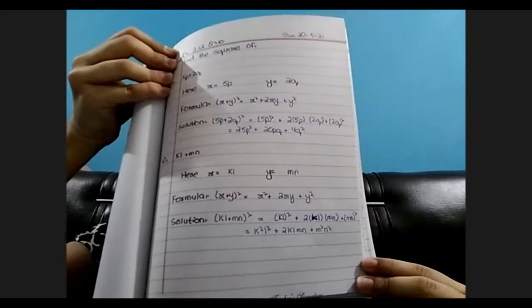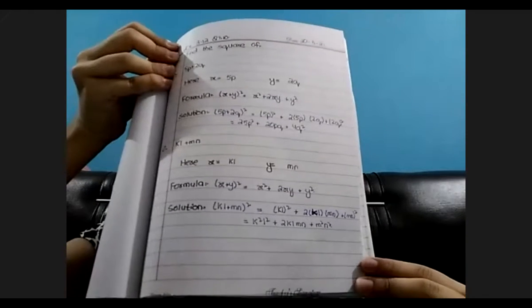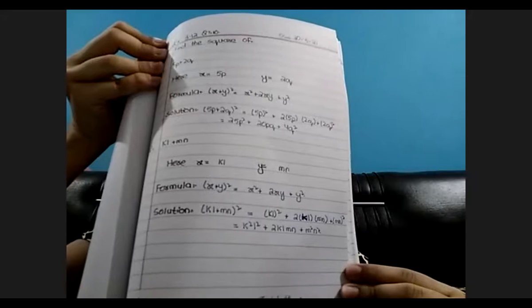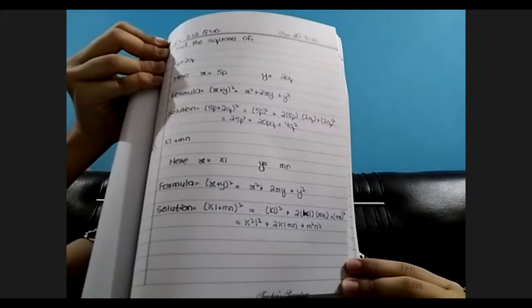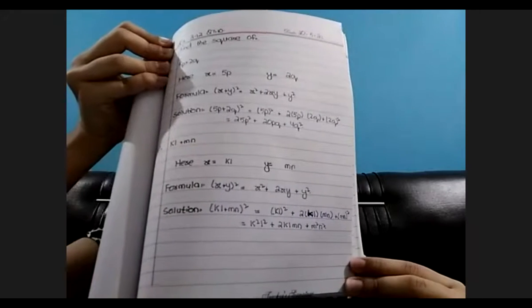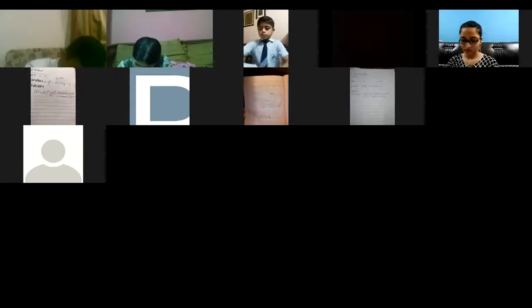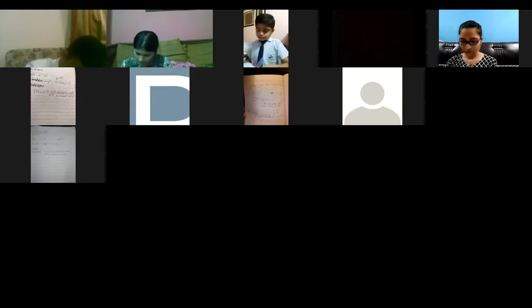Here is Rida's copy. Very good, Rida. First question is correct. What about the second one? Very good. The second question is also correct. Now let me check. Here Iman is there, here Ali is there, Manahil is there. Here Iman, very good, beta. Both the questions are there and both the answers are correct. Iman, start the next question, beta. Iman, shabash. Now the next one, Ali and Manahil.